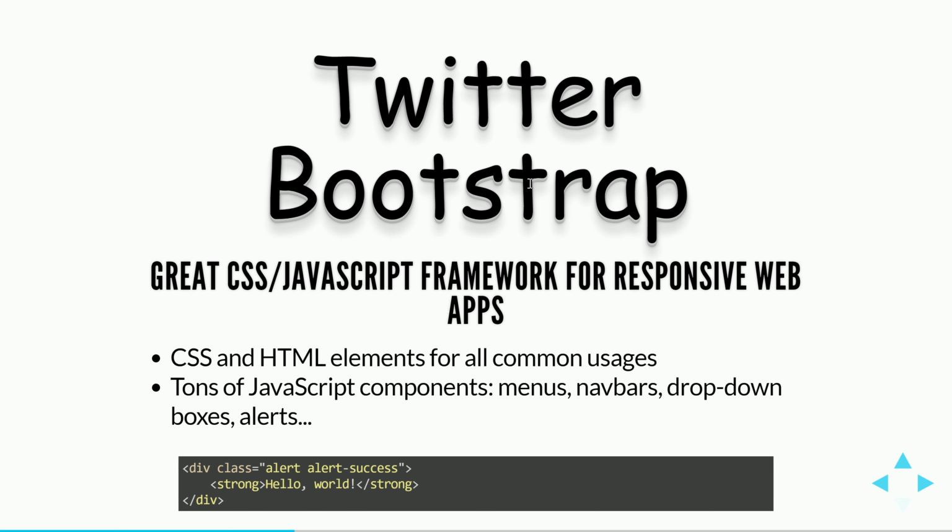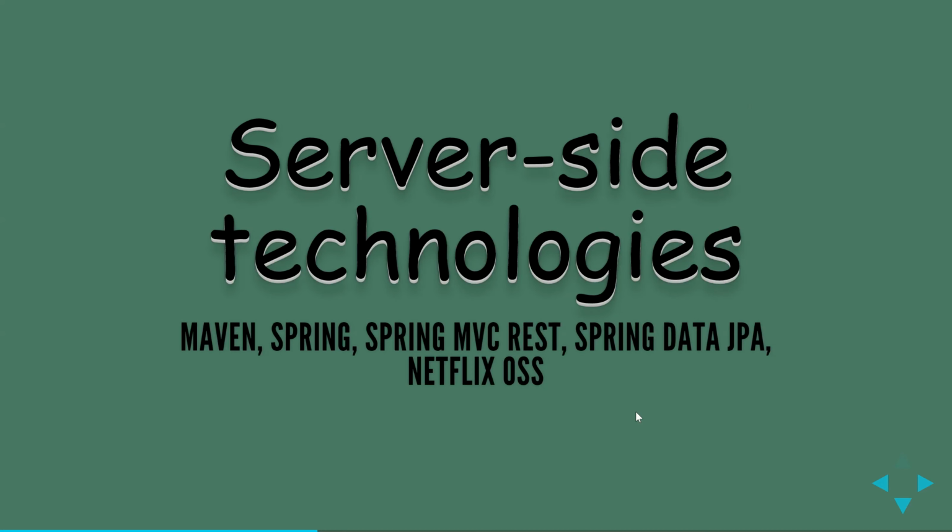And about Twitter Bootstrap, you already know the Bootstrap is the CSS and JavaScript framework for responsive web design apps. So CSS and HTML elements for all common usages, and also tons of JavaScript components like menus, navbars, drop-downs, boxes, alerts. You can use that one. So a div tag with a class of alert-success and a strong tag with hello world in a particular division. And this is all about the client side, and we will look more into the server side